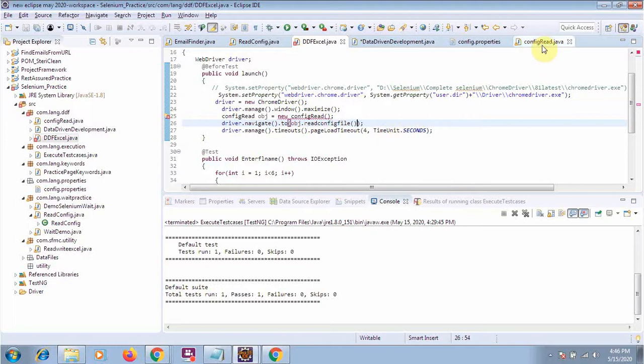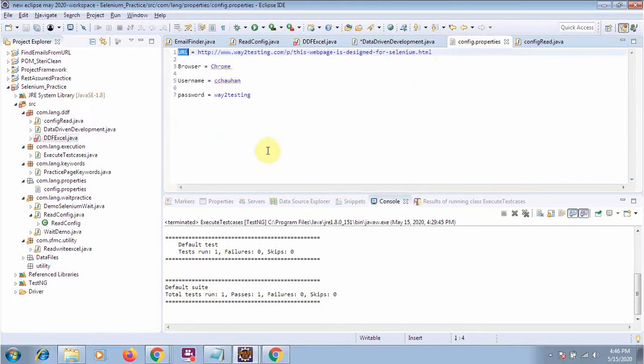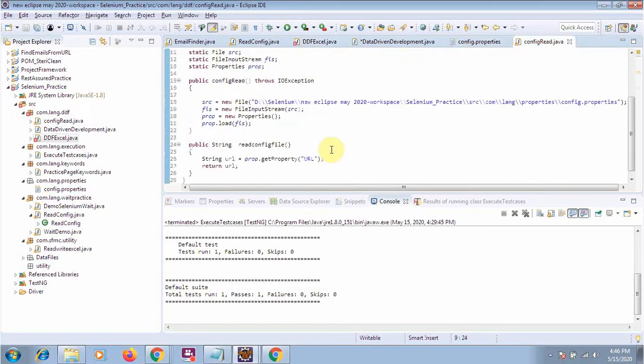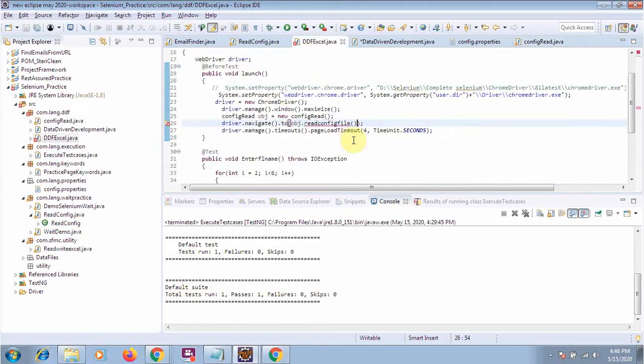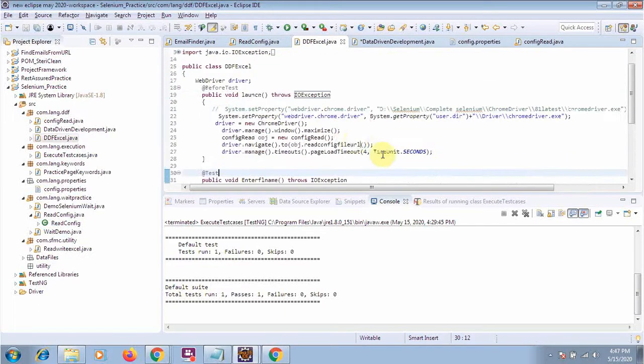Inside the read config we are actually calling the URL, or you can say read config file, give it a more meaningful name, URL. So whenever we call the URL, we will say URL. So this is the way I'm trying to tell you how we will read the data from the config file, the value of the URL.